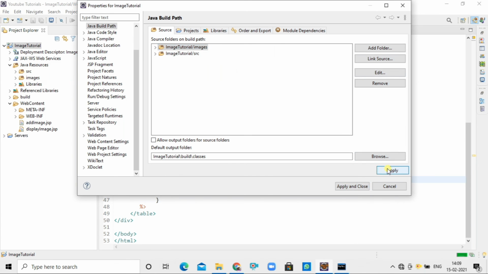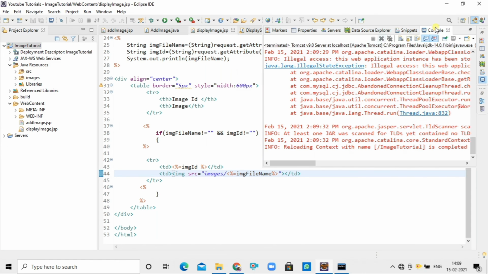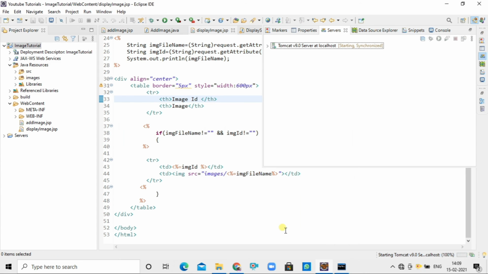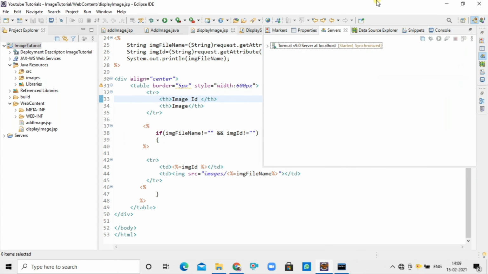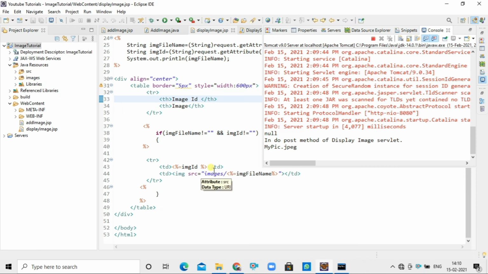Apply. Run the project. Again not getting it.